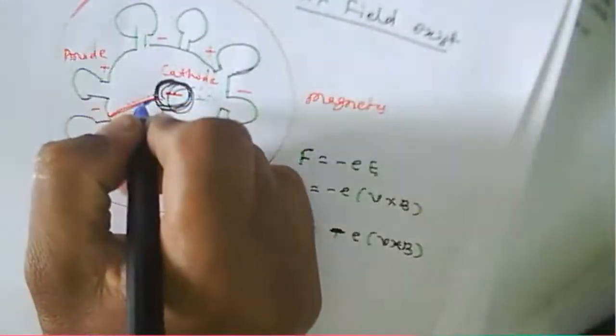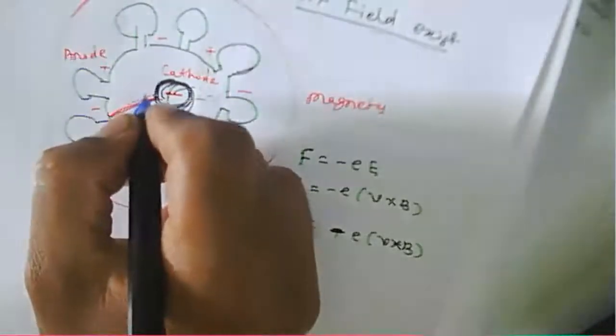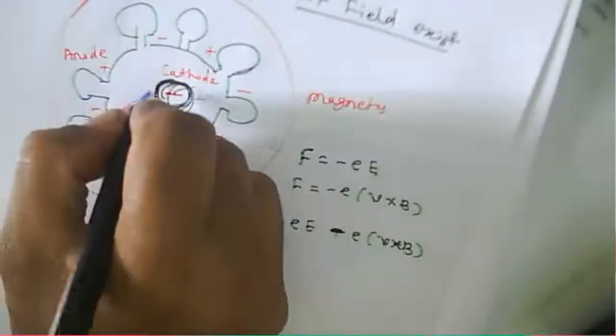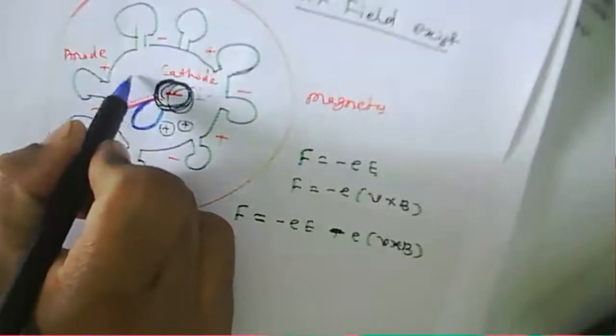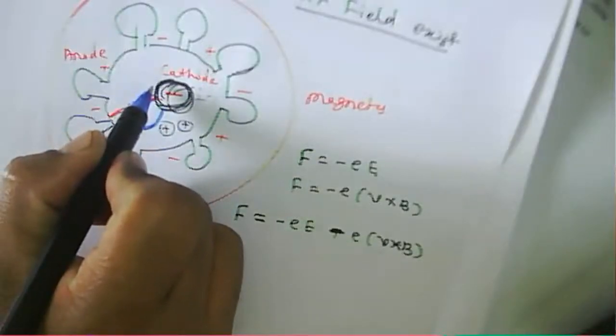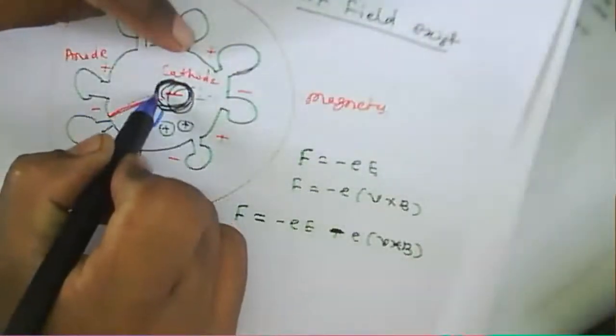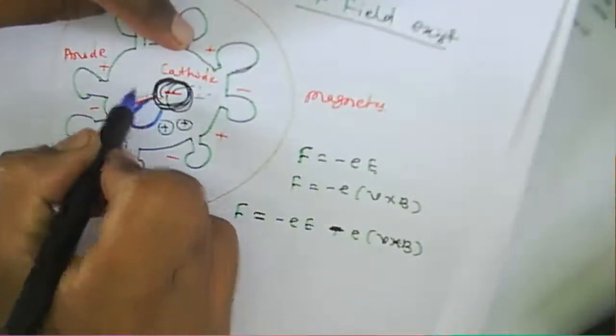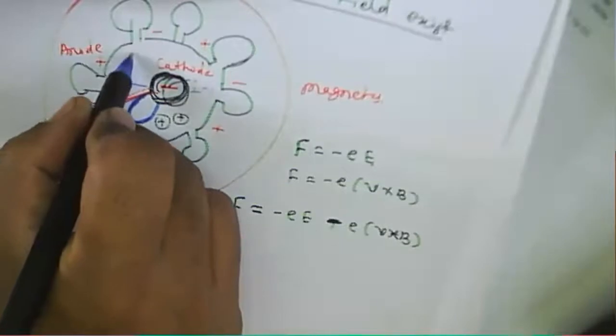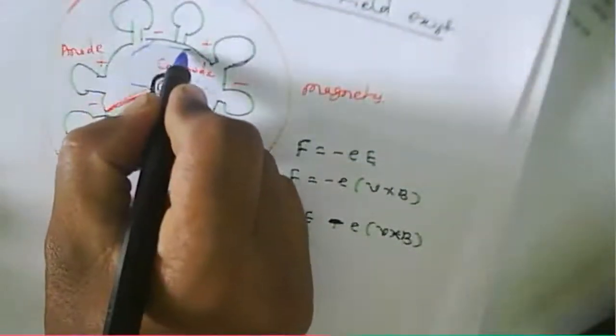And if the electron is moving in a retarding field, the electron moves from the cathode and reduces its velocity. They reduce their velocity and will reach the anode with a different timing. How? Instead of reaching the anode directly, they will reach the anode in a different direction, so it will take more time to reach the anode.